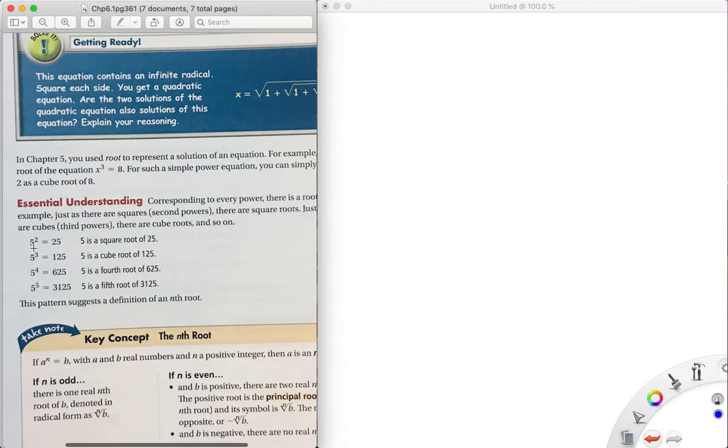If I square 5, I get 25. If I cube 5, I get 125. If I take it to the fourth power, I get 625. And if I take it to the fifth power, I get 3125. Meaning,